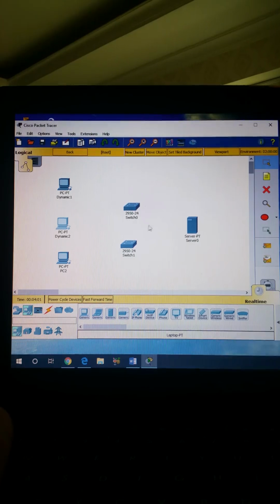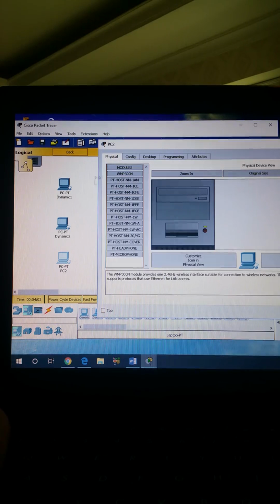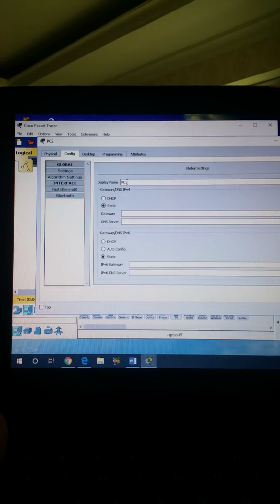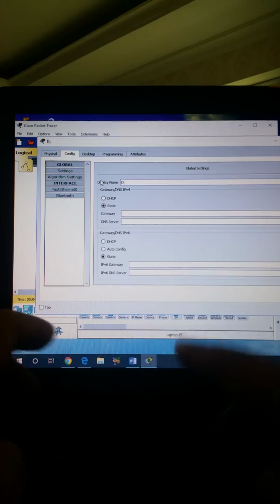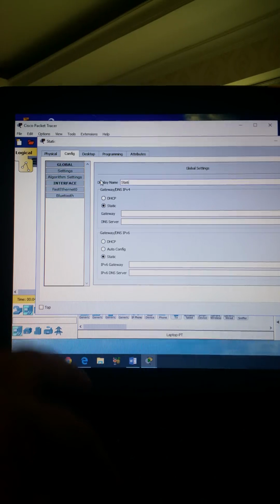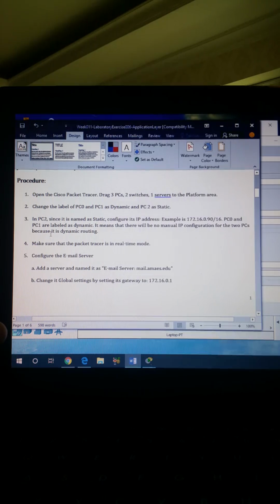So you can see, and the last one is configure it. I can move it here. It says here it's static. There you go. And it also says that for PC2 we have to configure the IP address to